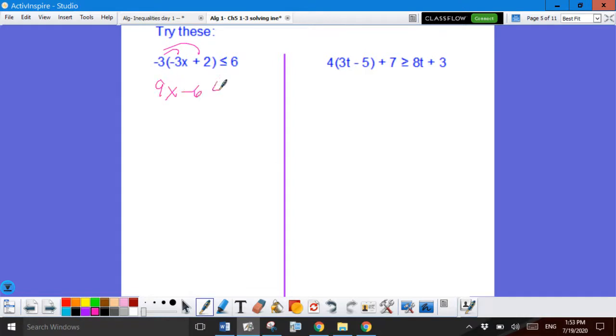All right, let's see how we do here. So if I distribute first, I have 9x minus 6 less than or equal to 6. If I move my 6, I have 9x less than or equal to 12. So x is going to be less than or equal to 12 over 9. Now I know that that is not in simplest terms. So I need to simplify that fraction. So I come up with x is less than or equal to 4 over 3 because I'm dividing by 3